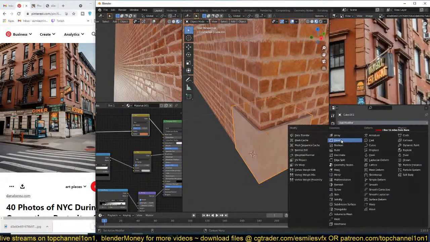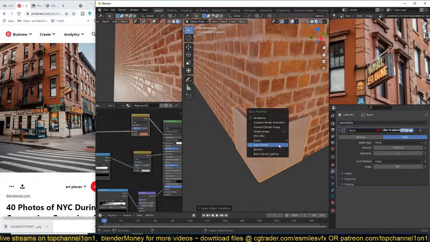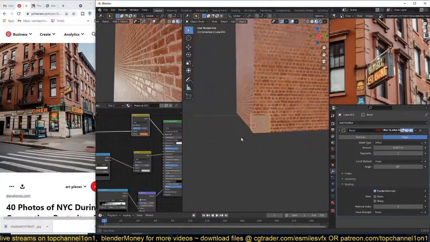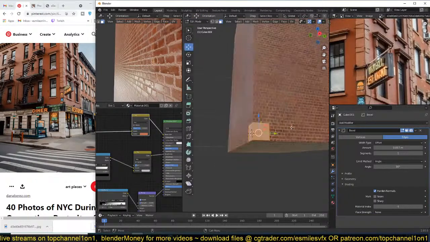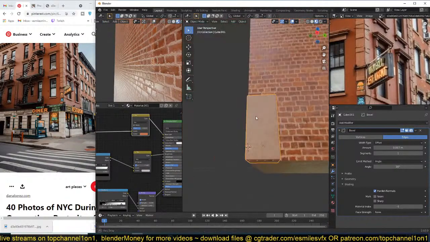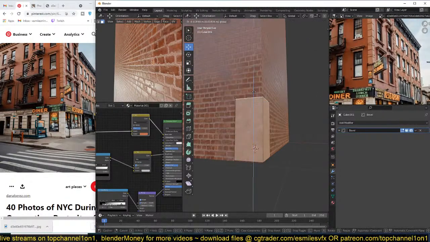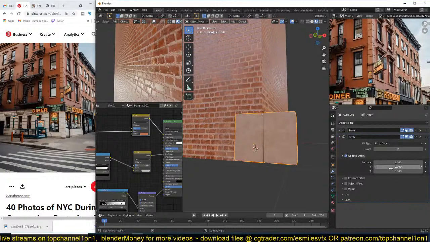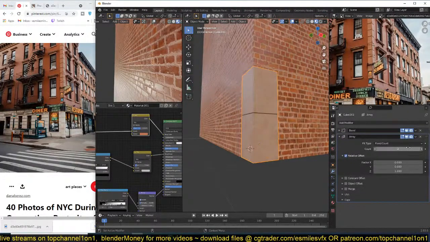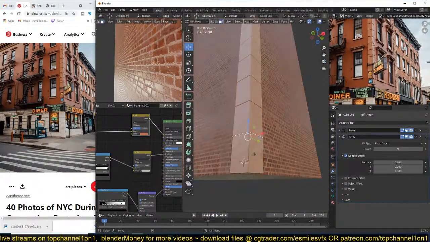Give this a nice bevel. Auto smooth and then harden. So we have something like that. And I think we could also use an array to add in those. I think